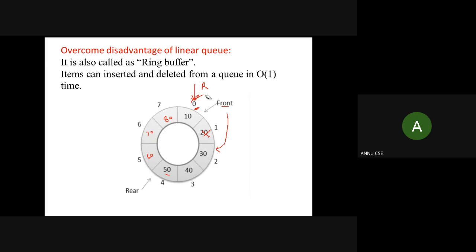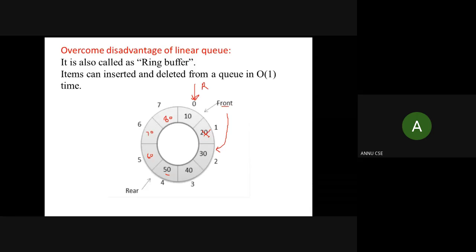In this kind of circular queue you can perform further insertion by adding a new element starting from the zero index again. In circular manner we are utilizing these spaces because they are connected with each other, so the vacant spaces can be utilized further. If rear is pointing at index number max size minus 1, then you can make rear point to 0, and add a new element again from index number 0.